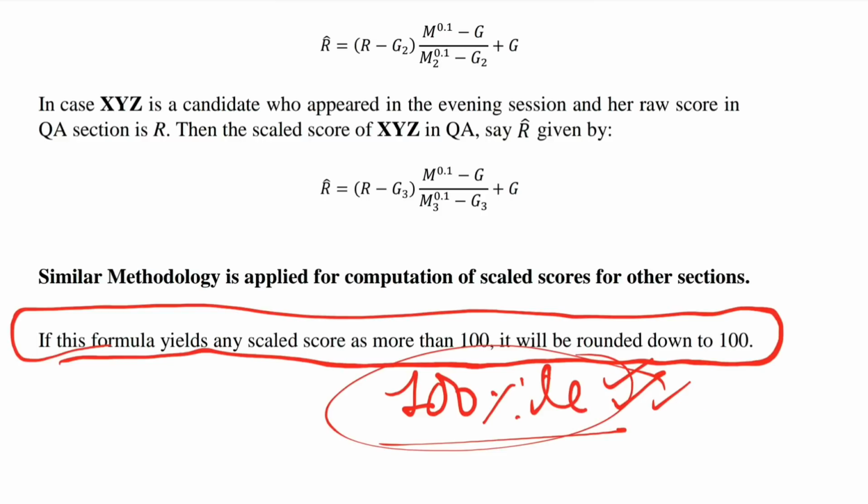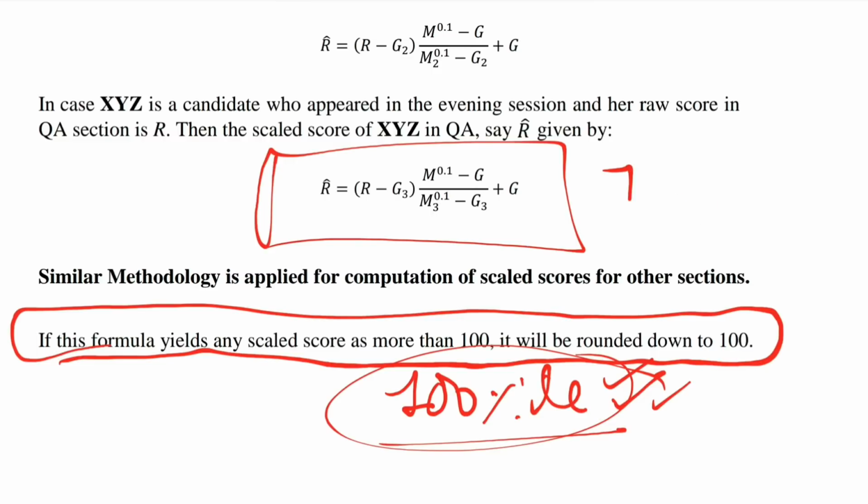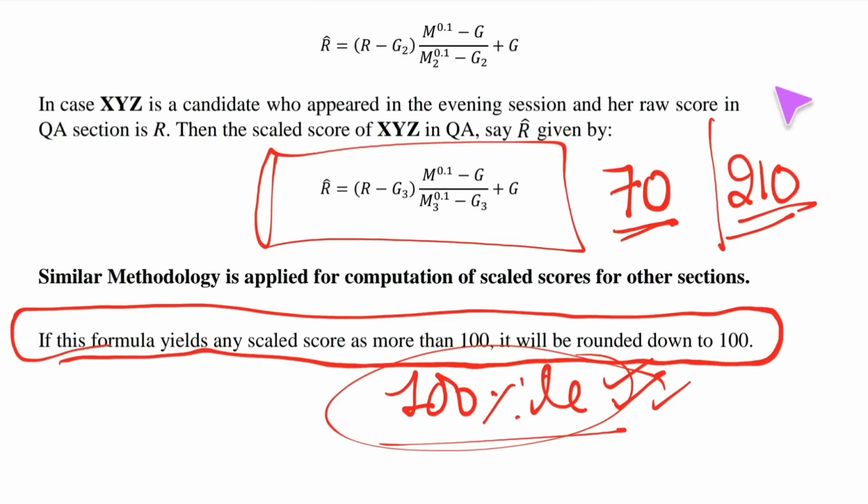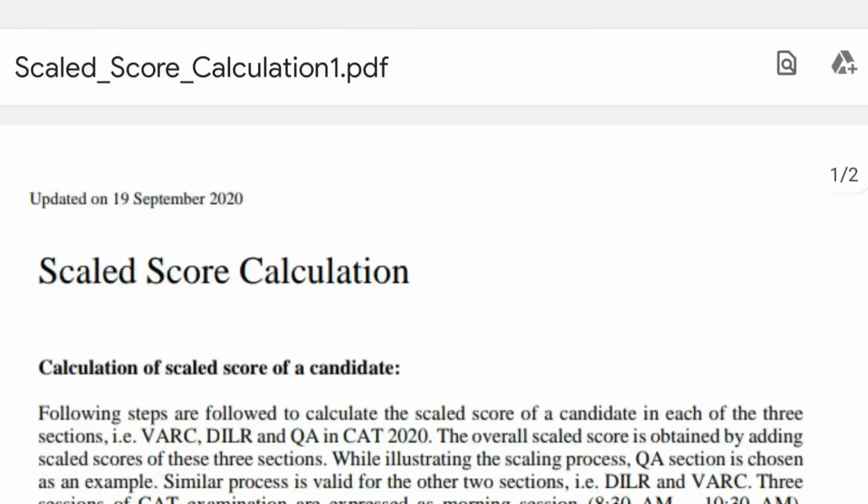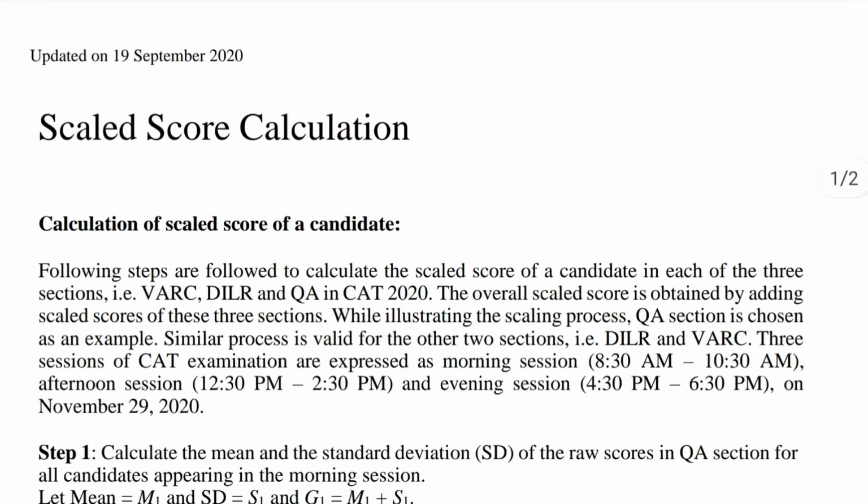चलेगा. अब आपको सच्ची सच्ची बताना कितनों को ये फॉर्मूला समझा, तो वेरी गुड. नहीं समझा तो just remember your scores will be validated with the top 70 students of your slot, and top 1% means top 210 students across all the people, all the toppers. They're going to match your score with their score and then give you a scale score. ठीक है. Alright, this is as per the official score calculation given by the IIM people.